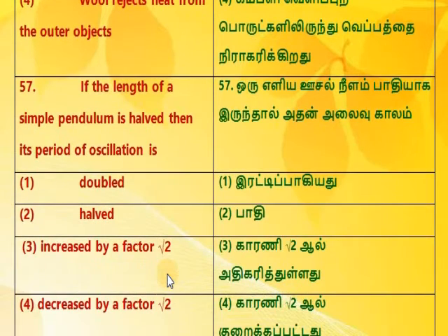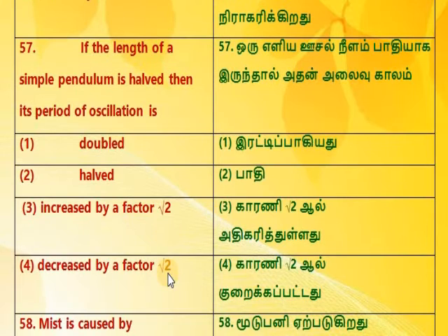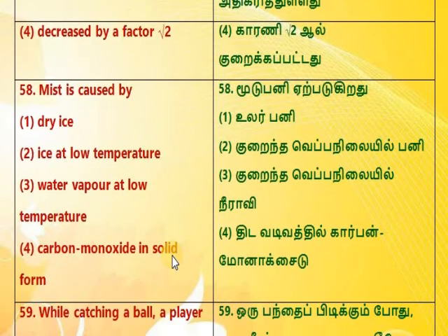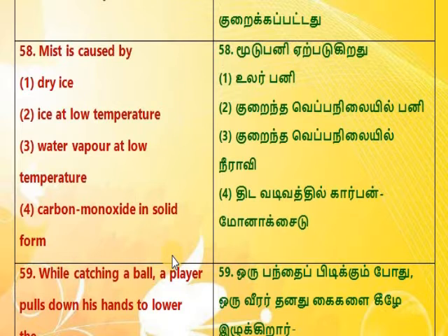57. If the length of a simple pendulum is halved, then its period of oscillation is: 1. Doubled, 2. Halved, 3. Increased by a factor square root 2, 4. Decreased by a factor square root 2. 58. Mist is caused by: 1. Dry ice, 2. Ice at low temperature, 3. Water vapor at low temperature,